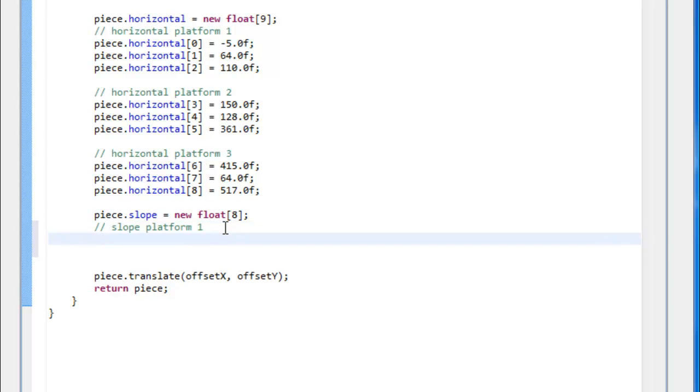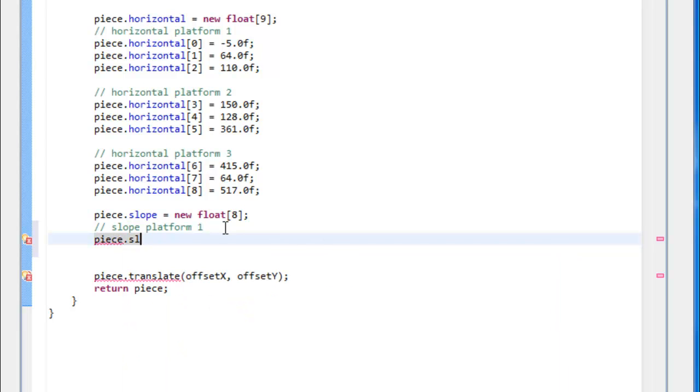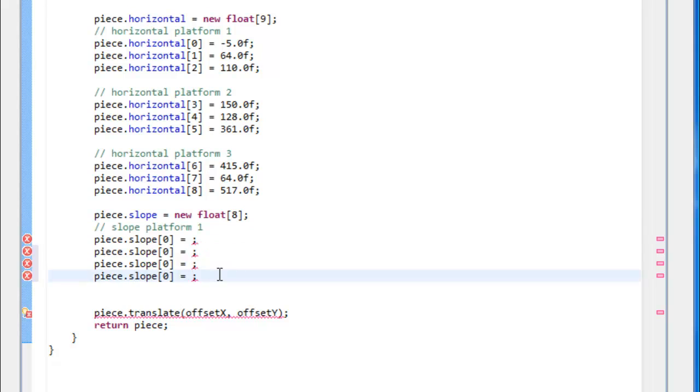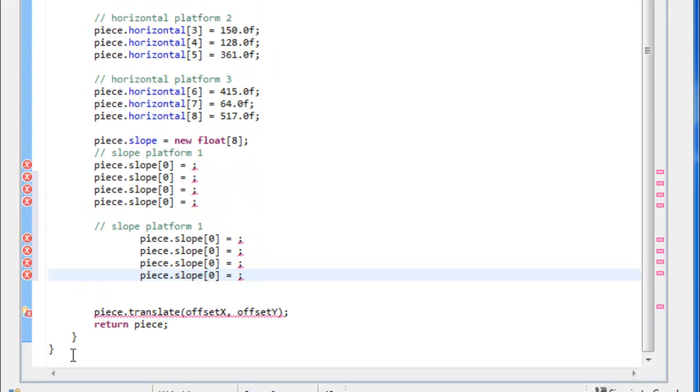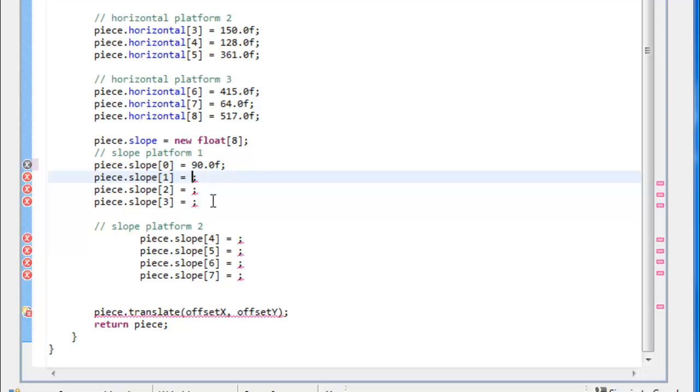Platform number 1 is going to be 90.0f, 70.0f,